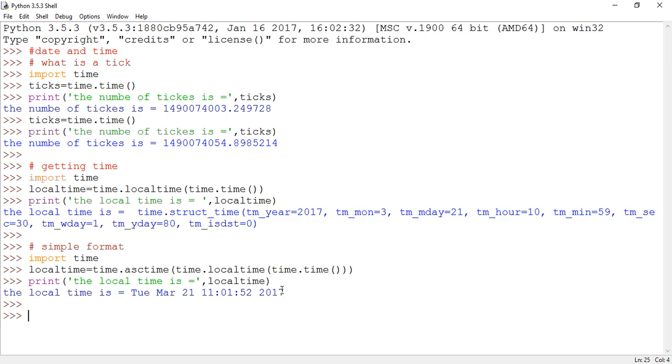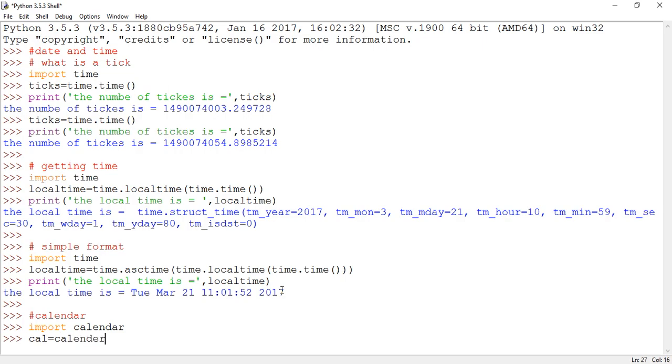Now let's see the calendar. The calendar module gives a wide range of methods to play with yearly and monthly calendars. Here we print a calendar for a given month. First of all, the first step is to import calendar. After that, the second step, you have to calculate which calendar you want. Here I use cal = calendar